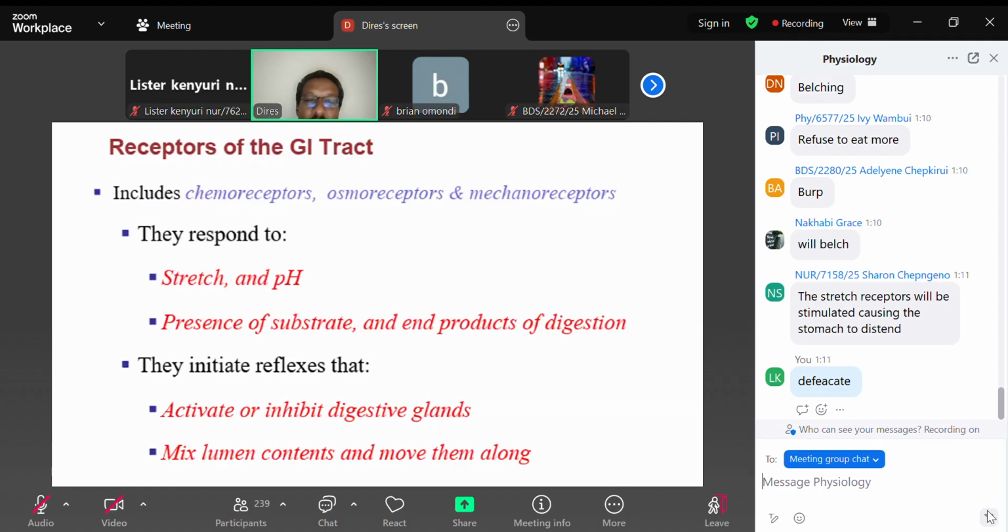So what controls GI activity is the enteric nervous system, not the CNS. So when the stomach is distended, it responds by what? By contraction of the whole GI tract from the stomach down. Contractility increases. The stomach contracts, small intestine contracts, colon contracts, everything is pushed down to the rectum, and the rectum distends. That distension leads to defecation. That's why babies defecate immediately when they are full.